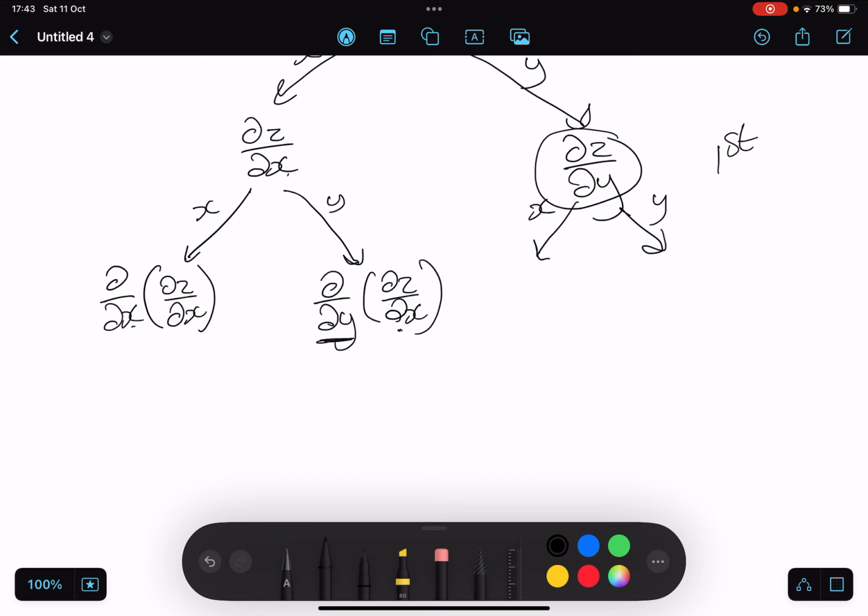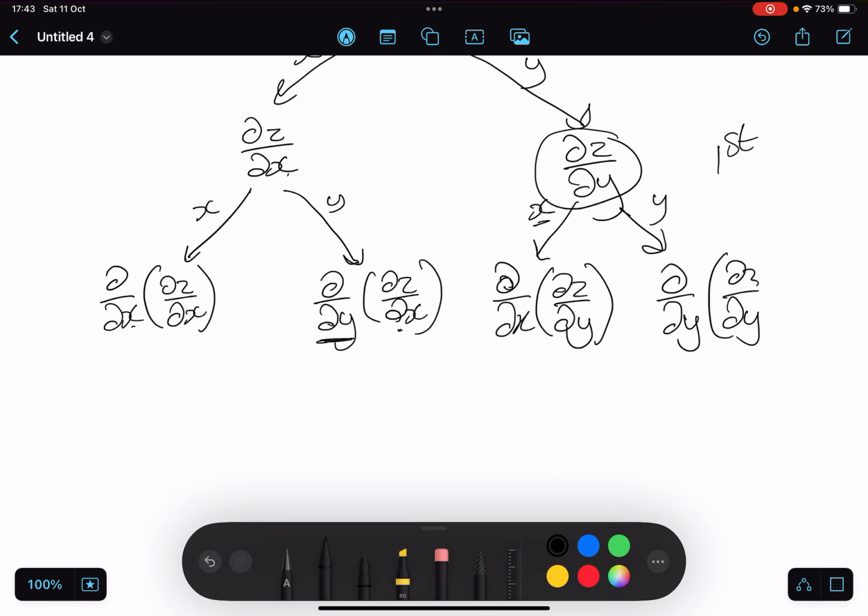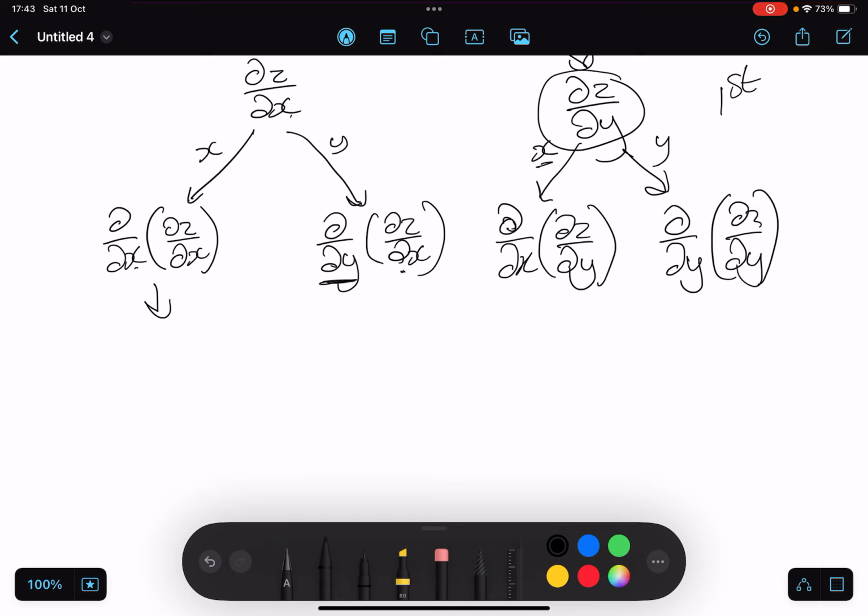The same thing that I'm going to do this side. I'm going to differentiate this function with respect to x, so I'm going to have d dx of dz dy, and then I'm going to differentiate this with respect to y, d dy of dz dy. And then now let's simplify this. If you simplify this, obviously it's going to be d squared z dx squared, which is the same thing as z subscript xx, and then this is going to be d squared z